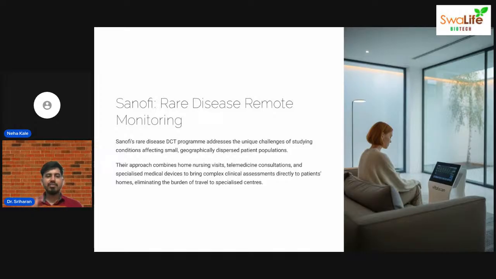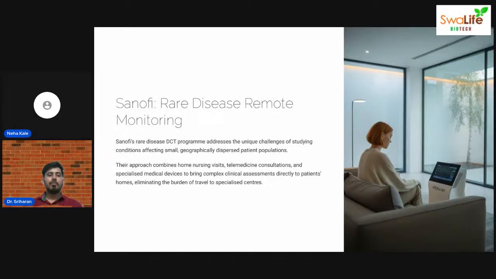Firstly, I'm saying the DCT has a different spectrum range. Today in this slide you can see the spectrum range. Here the spectrum range is hybrid. Hybrid is nothing but doing the DCT trial remotely. Here the hybrid is the home nursing visit. We are visiting the patient's house for a home nursing visit